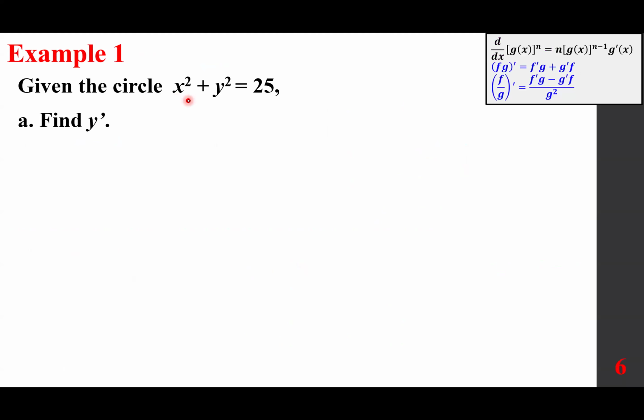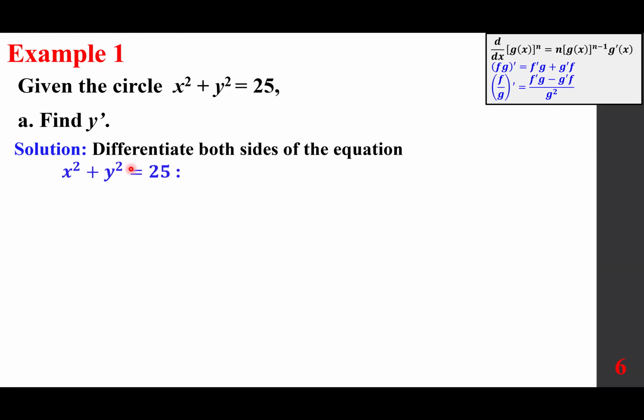Given the circle x squared plus y squared equals 25, find y prime. Bear in mind, this is a circle centered at (0, 0) with the radius being the square root of 25, or 5. So we should know that. To find y prime, the solution is to write this and differentiate it